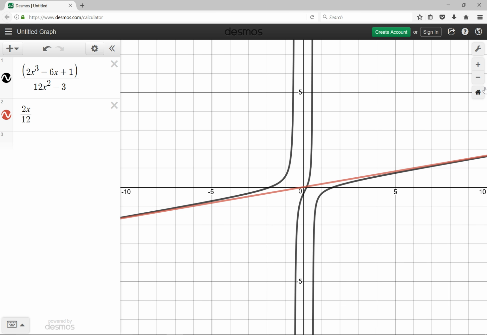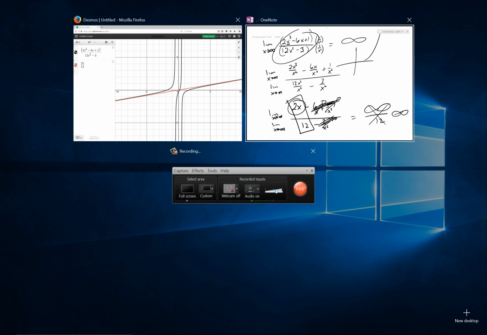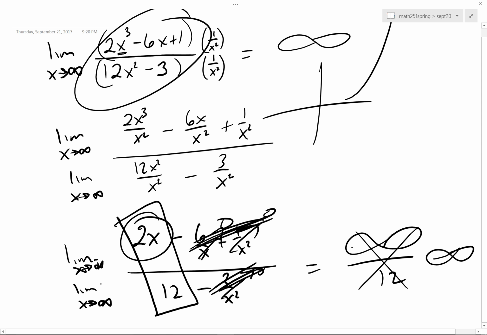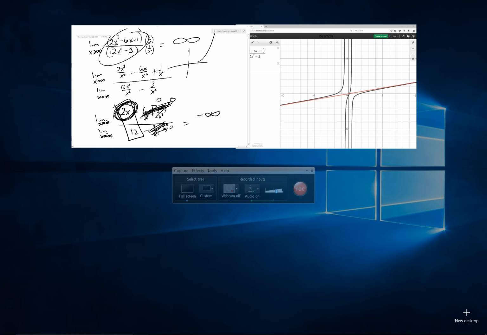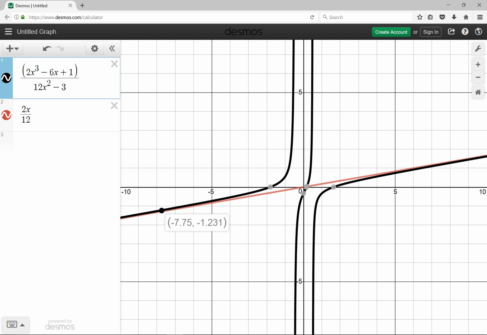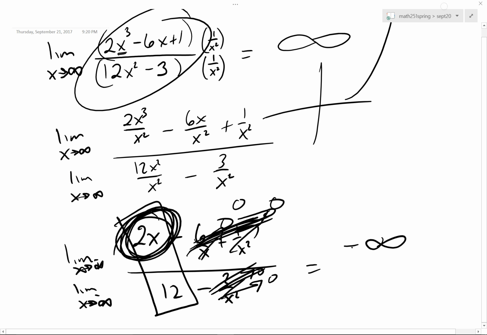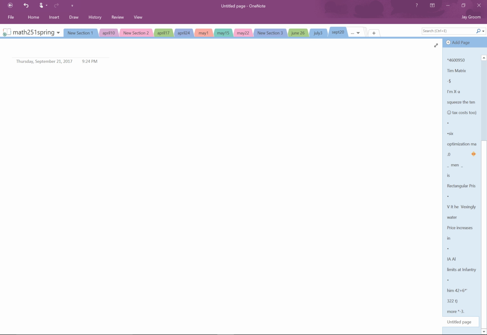Well, what happens as you head toward negative infinity? Let's find out. Clearly, it doesn't matter if you're dividing by a big positive or a big negative number. Those two pieces are still going to 0, as is this one. But this numerator will be headed towards negative infinity, which is exactly what the picture shows. As you're headed out this direction, they're headed towards negative infinity. I don't care if you know the term slant asymptote. I just think it's a nice tie-in occasionally.